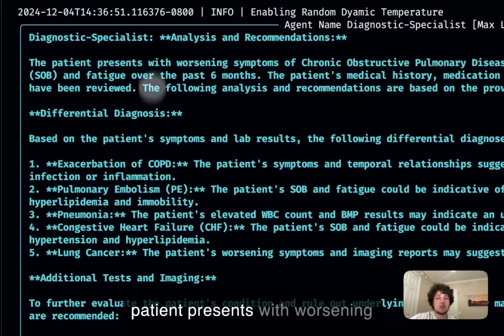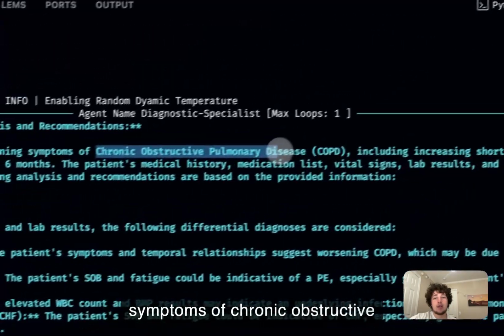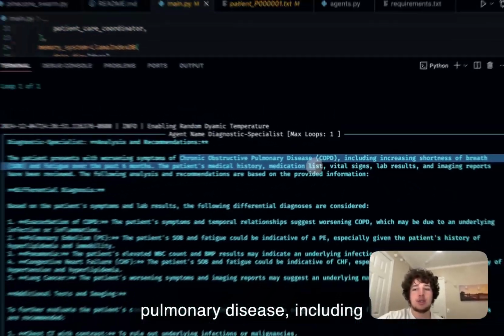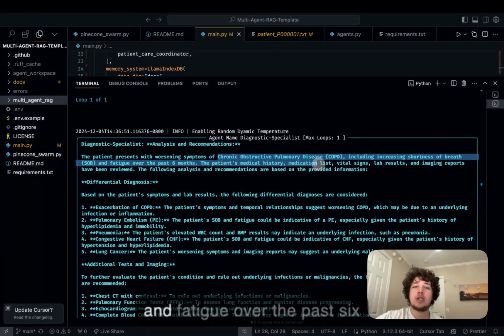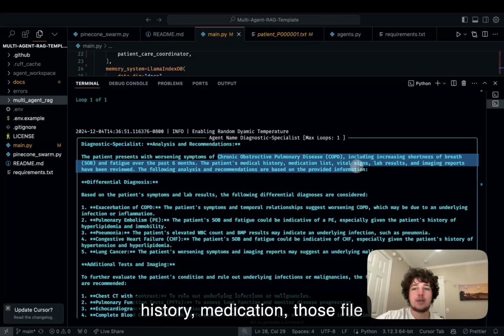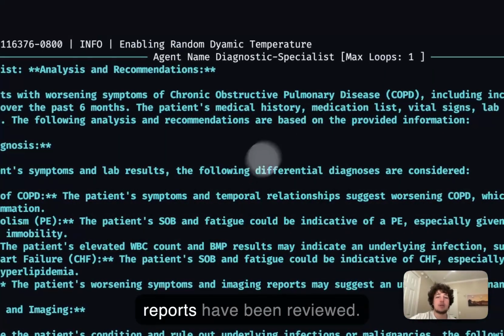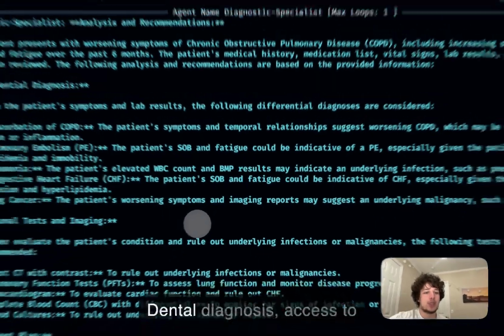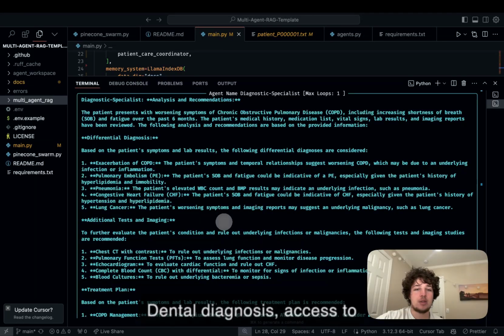The patient presents with worsening symptoms of chronic obstructive pulmonary disease, including increasing shortness of breath and fatigue over the past 6 months. The patient's medical history, medication list, vital signs, lab results, and imaging reports have been reviewed. Differential diagnosis: exacerbation of COPD. Then it gives you the full